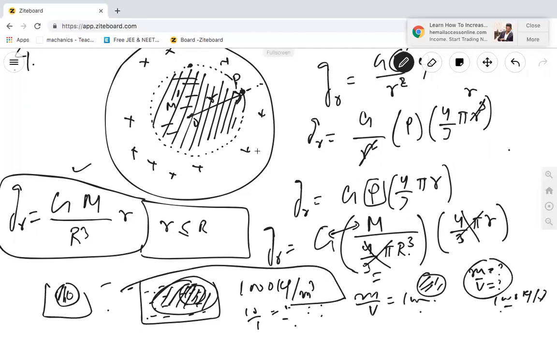I took the whole earth's mass, and I divided by the whole volume. If I don't take the whole earth's mass, but take a little bit of earth, I will find its mass and divide by its little volume. That will be the same as rho, because we have assumed rho is uniform. So the density of the whole earth is the same as the density of any part